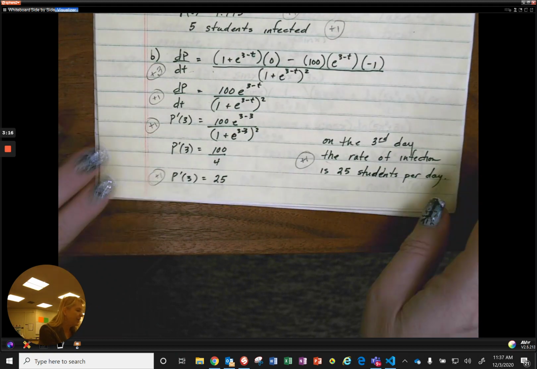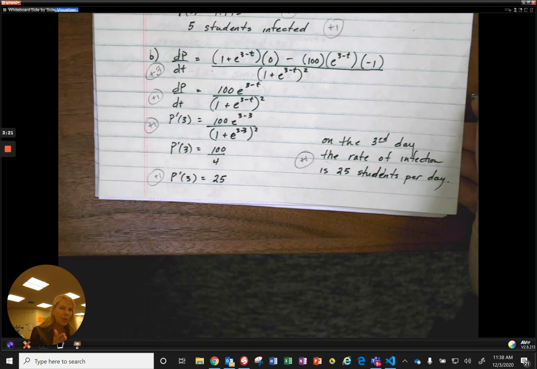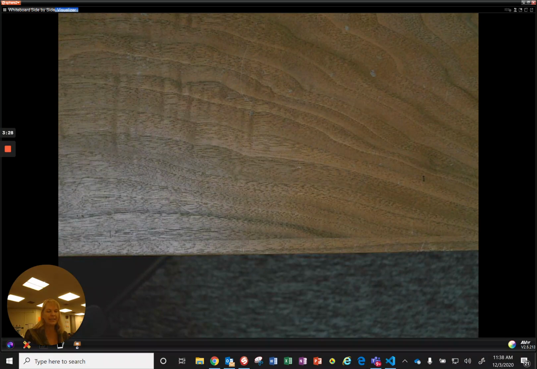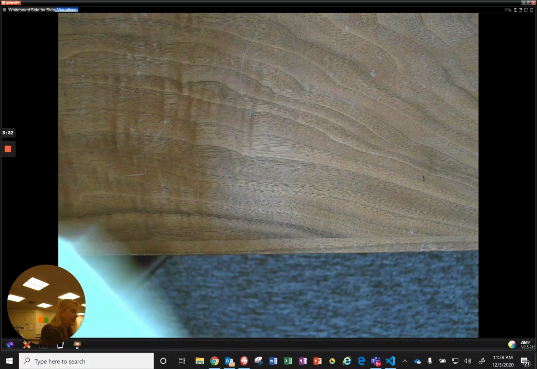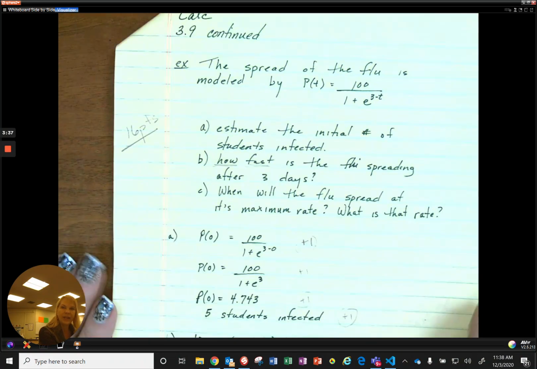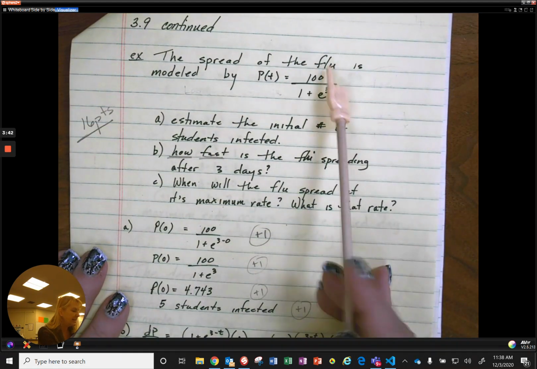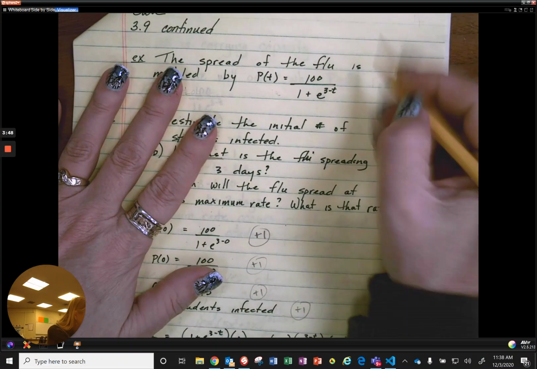All right, part C. Part C is asking, when will the rate spread at its maximum rate? So what I'm going to do is I'm going to look at this. This is logistics growth. This is a carrying capacity model. This number right here is my maximum number. This picture has this graph